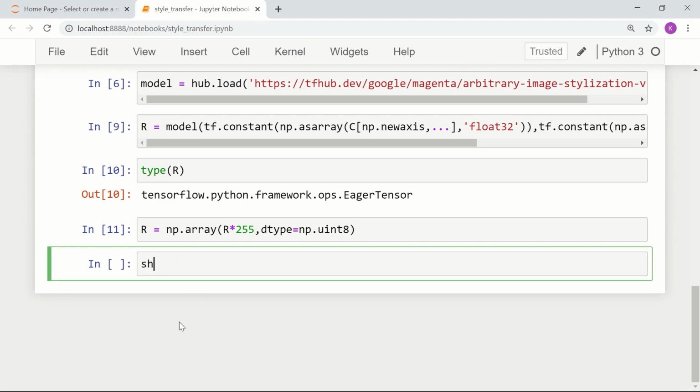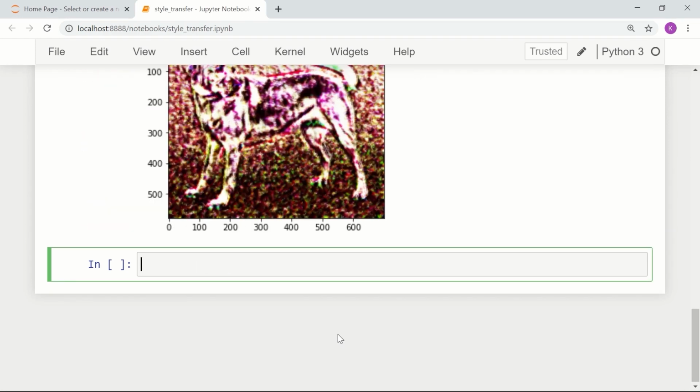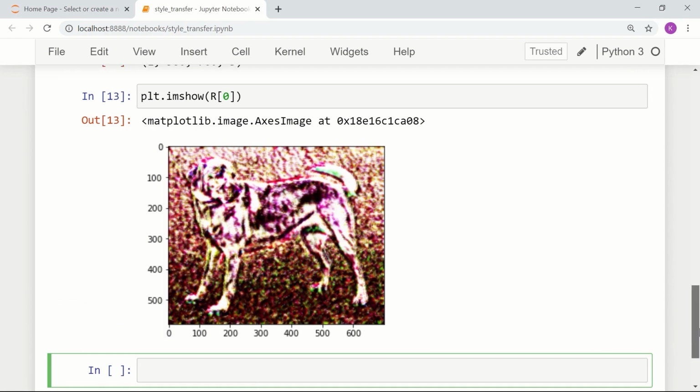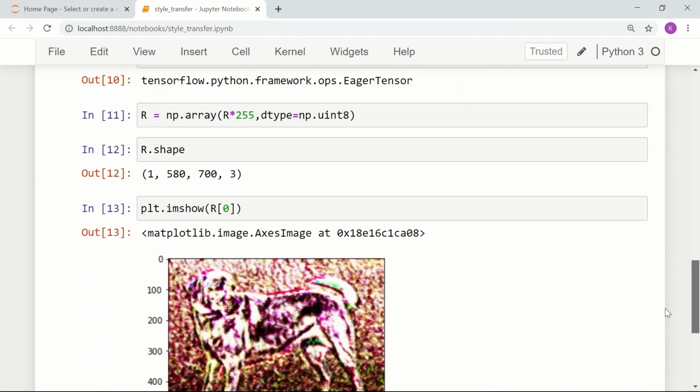Now if you see r.shape, the shape will be 4-dimensional, 1 by the image shape. Now we can visualize this by using plt.imshow of r, skipping the first dimension. And here you can see the result that has the style as well as the content. You can have better visualizations, or you can use a different model, but that's the overall moral of this story.